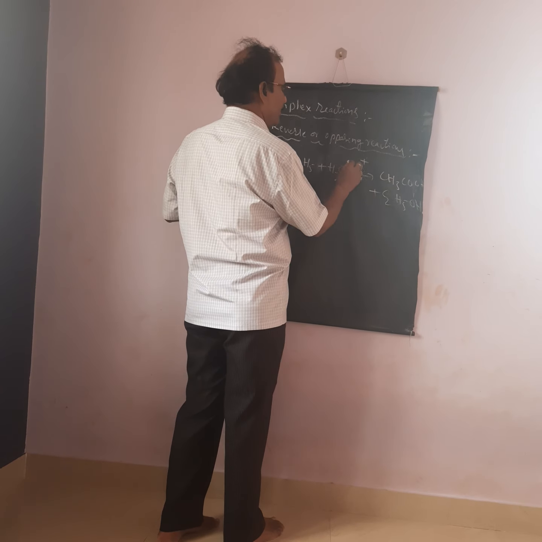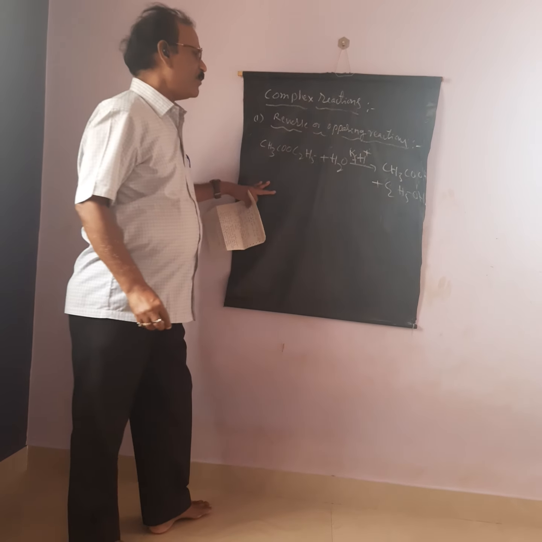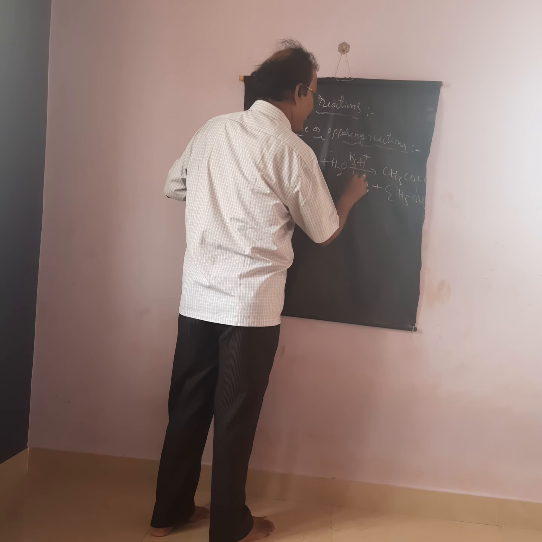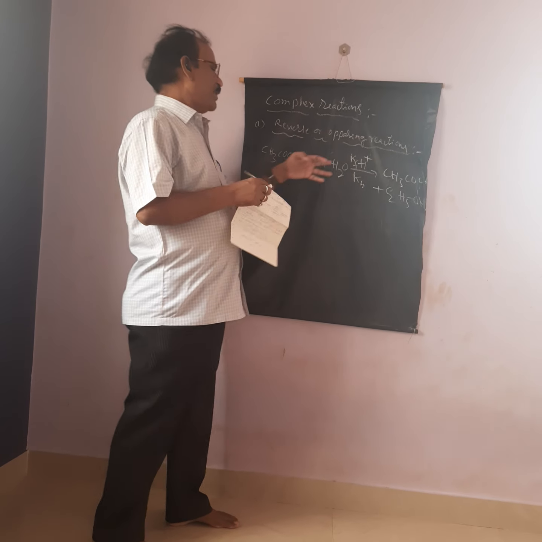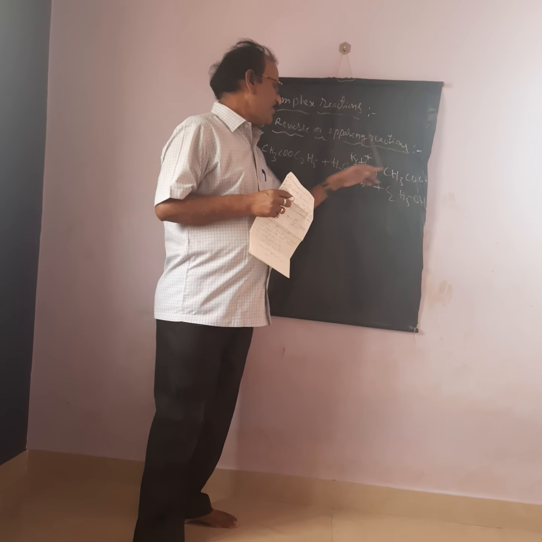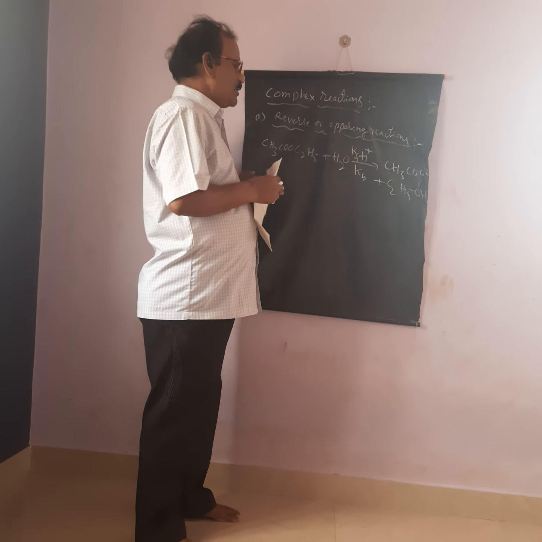Here, Kf is the rate constant for the forward reaction, and Kb is the rate constant for the backward reaction. It is usually written with a reversible arrow. So the reactants give rise to product, and the product also gives rise to reactant. Such reactions are called reverse or opposing reactions.